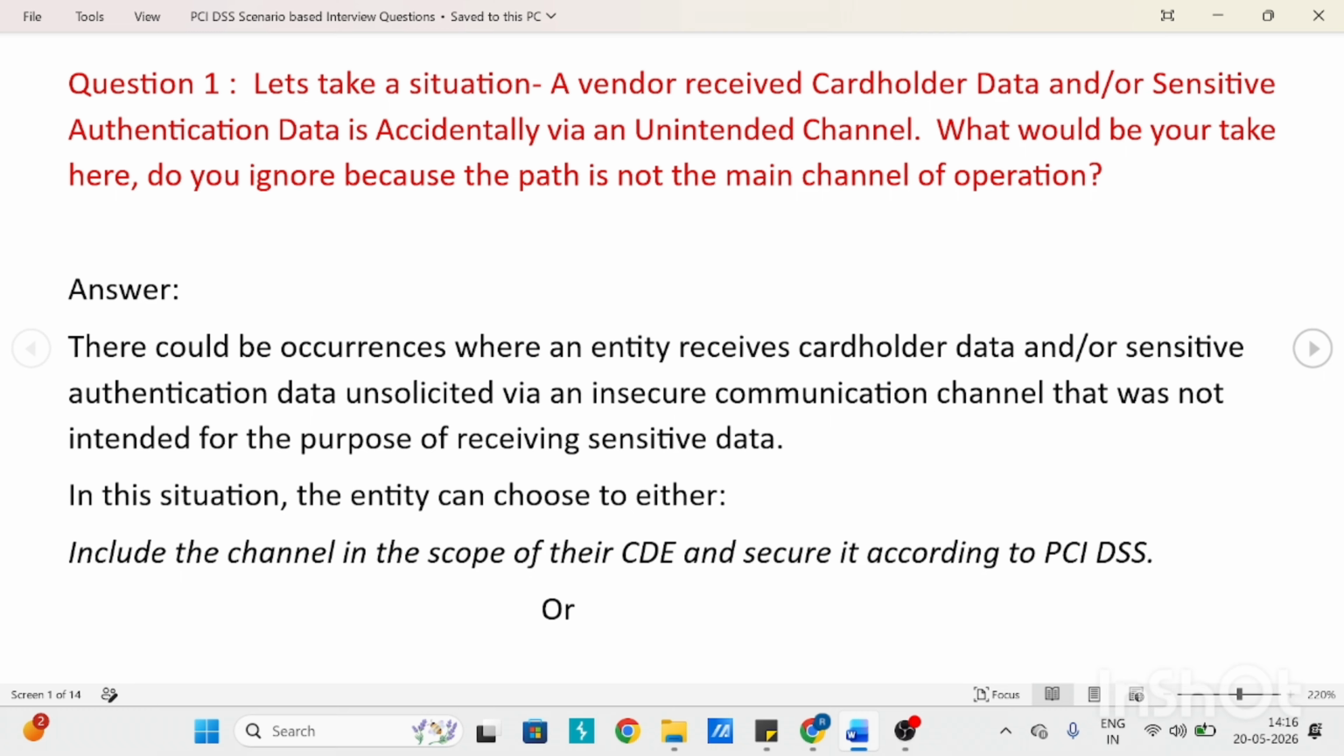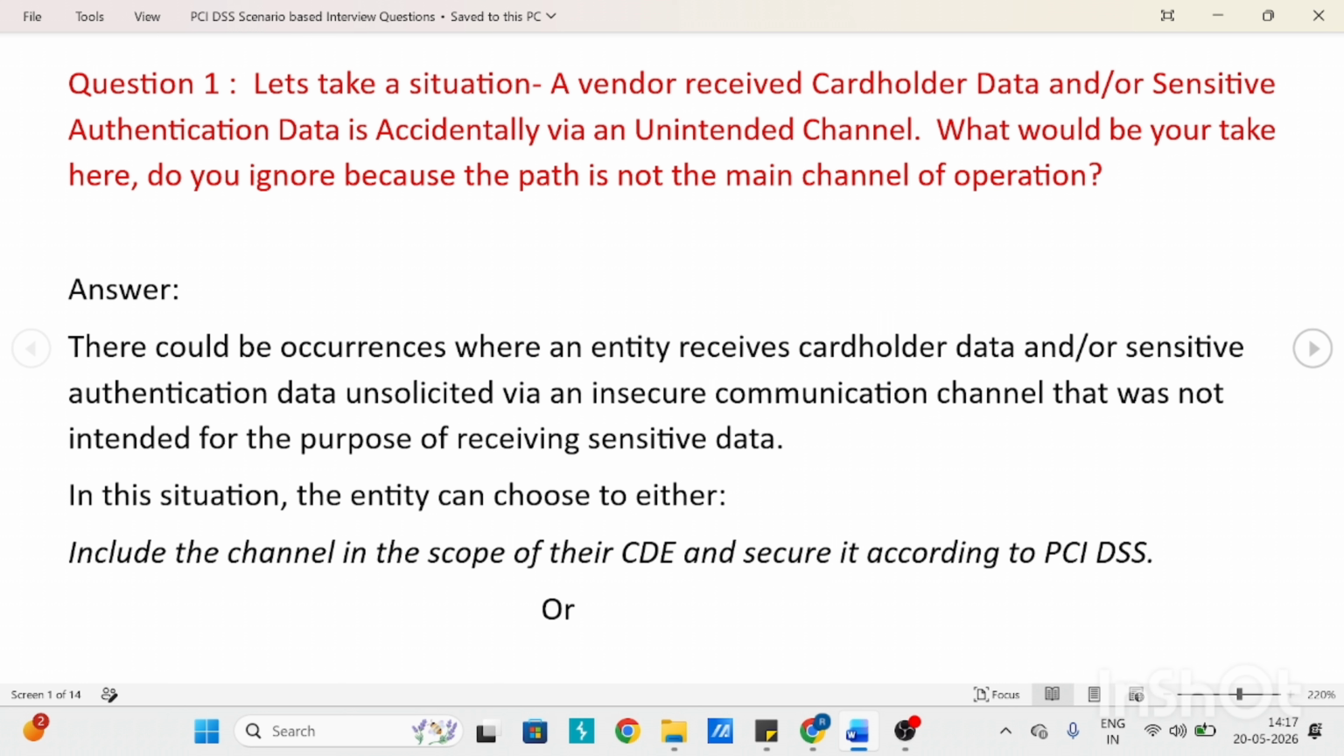So here the question is saying, guys, that some data, say cardholder data, was received by an abnormal channel that was not the appropriate channel defined in the scope. That was completely a different one. So the interviewer is asking what would you do? Do you ignore the path just because that path is not the approved way of collecting the data? So the answer is, since that